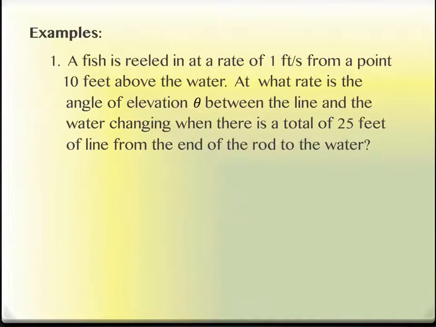So let's take a look at the first example. It's got a fishing example. A fish is reeled in at a rate of 1 foot per second from a point 10 feet above the water. At what rate is the angle of elevation, I'll clarify that if you don't remember that, theta, between the line and the water changing when there is a total of 25 feet of line from the end of the rod to the water? Okay, so you do not have to know anything really about fishing to do this problem